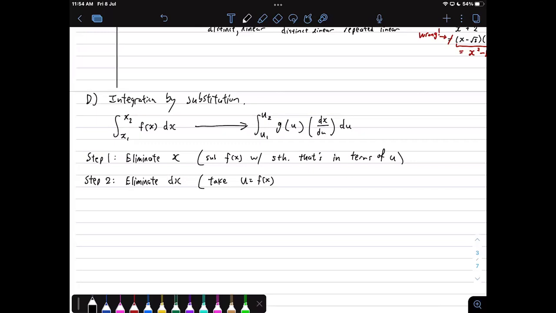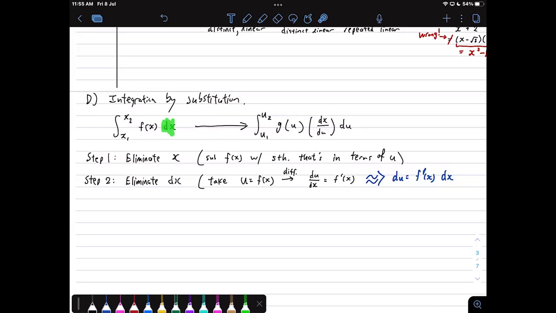U equals f of x. Then you differentiate. It's a bit like a differential equation. So you get du by dx equals some f prime of x. Then from there, you can make dx a subject, right? This is technically not correct, but I'm going to put approximately implies that du is equal to f prime of x multiplied by dx. Then from there, you can sort of make the dx a subject, and then you can sub in,